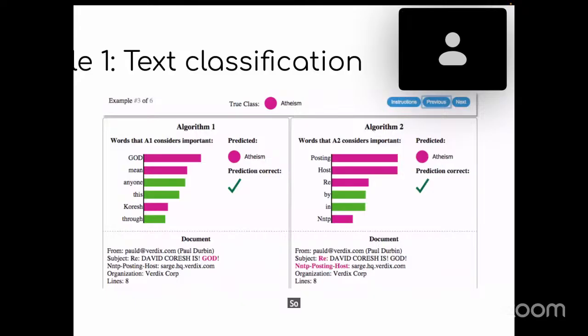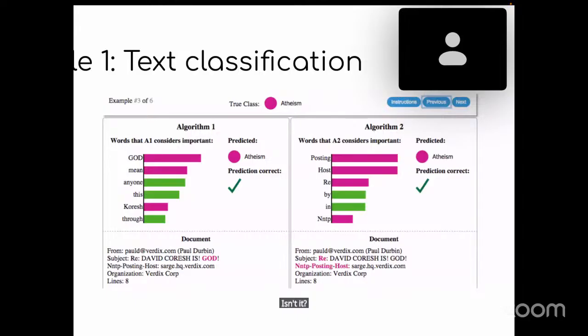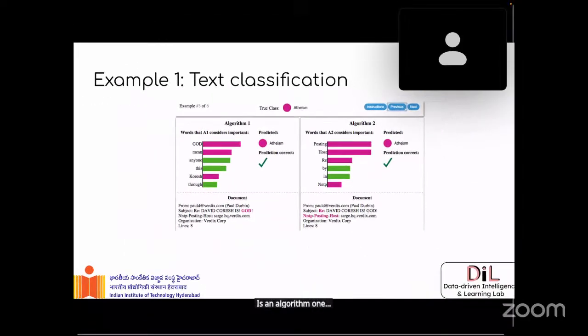For predicting atheism versus Christianity, the words related to God, religion, etc., should be given relatively more importance, isn't it? Yes, sir. Algorithm 1 predicts in a better way, that is, it extracts the correct feature,